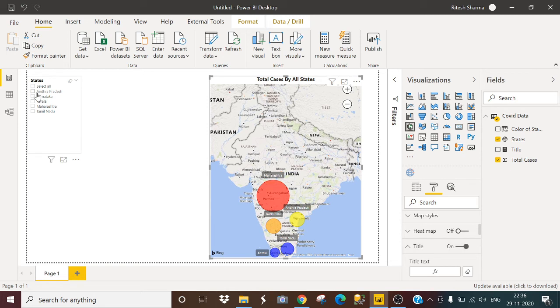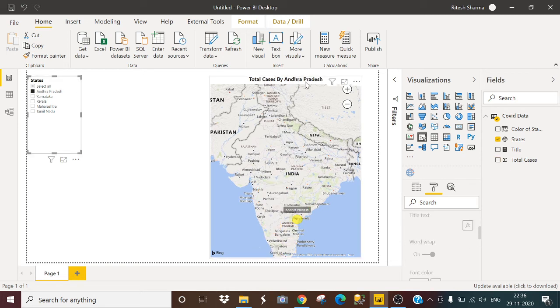If I click on Andhra Pradesh, it shows Andhra Pradesh dynamically here. For Kerala, it's Kerala data and the title with Kerala. Maharashtra data and the title Maharashtra. Tamil Nadu in the title and its value.